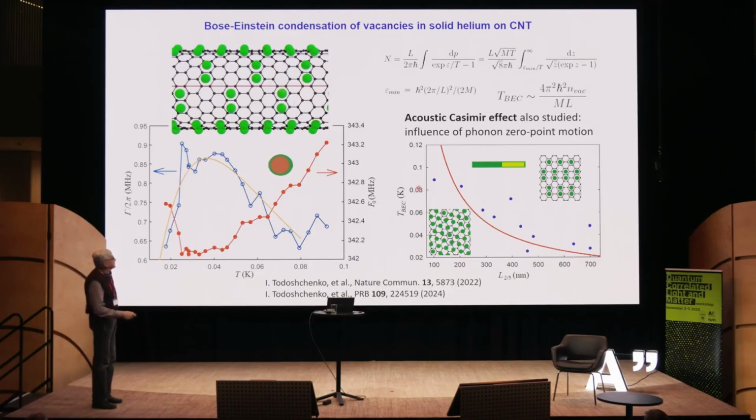But here, having this carbon nanotube template, you can do it, and you can get the Bose-Einstein condensation in this system. Here you can see the transition temperature as a function of the size of your sample. So you can vary the size of this sample by varying the coverage of your system. So when you vary the coverage, you basically have higher density at the edges and then low density in the middle. So you can vary the length of your dimer phase, and you can then vary the transition temperature. So this fits the 1D expectation values.